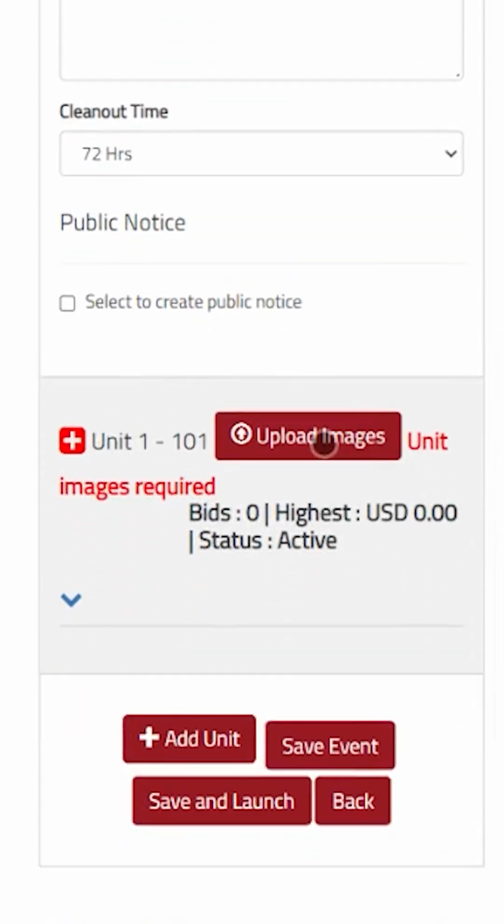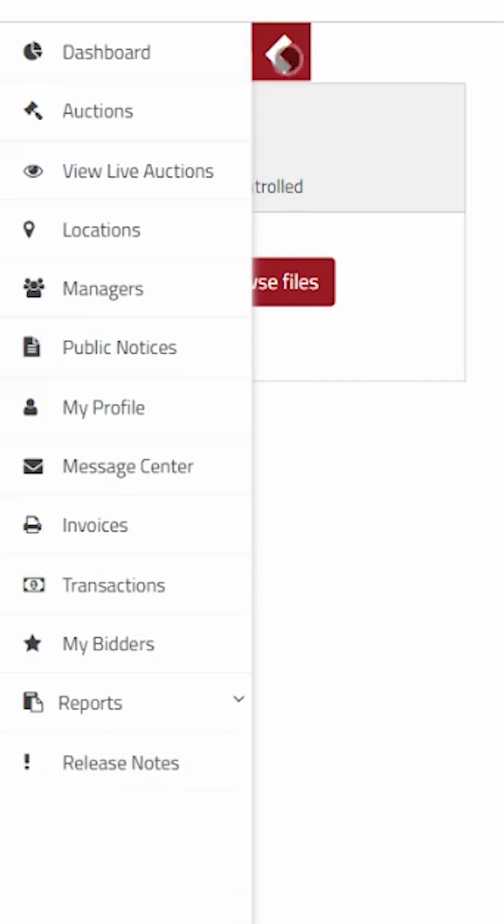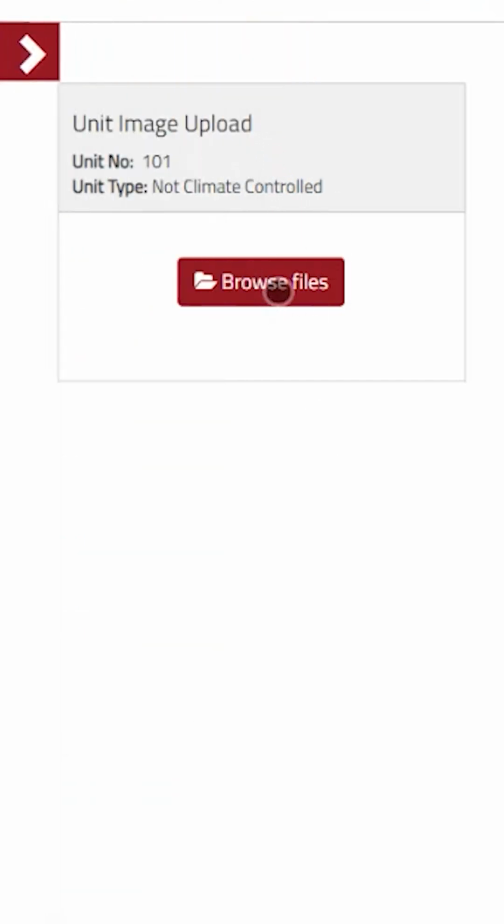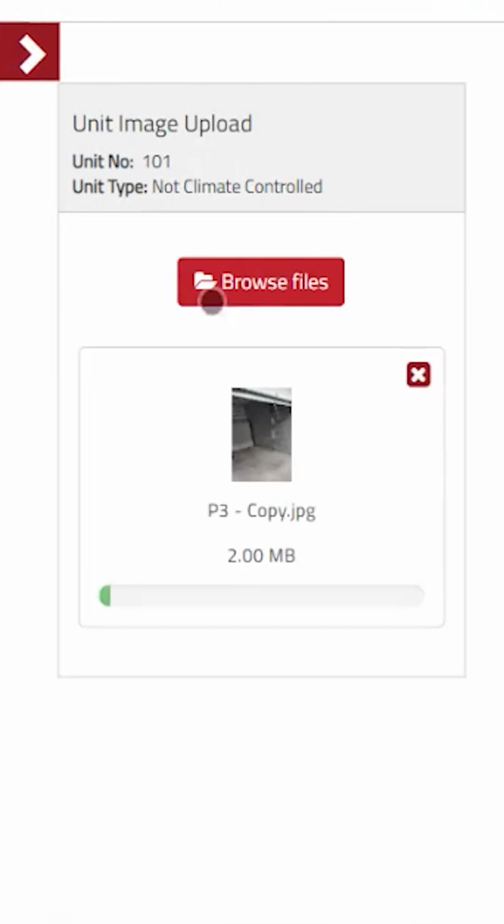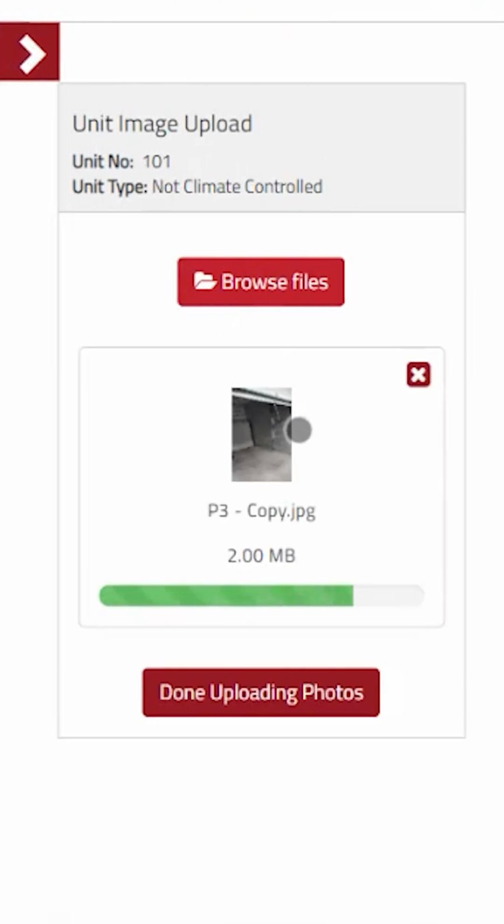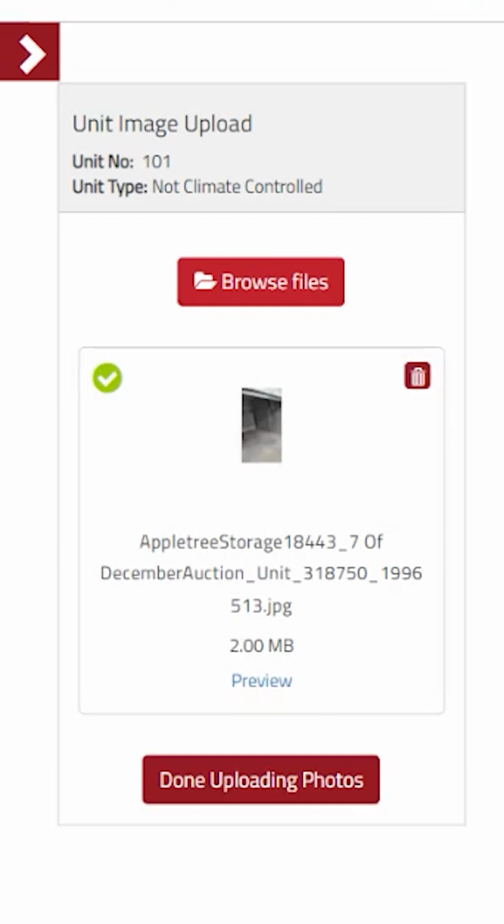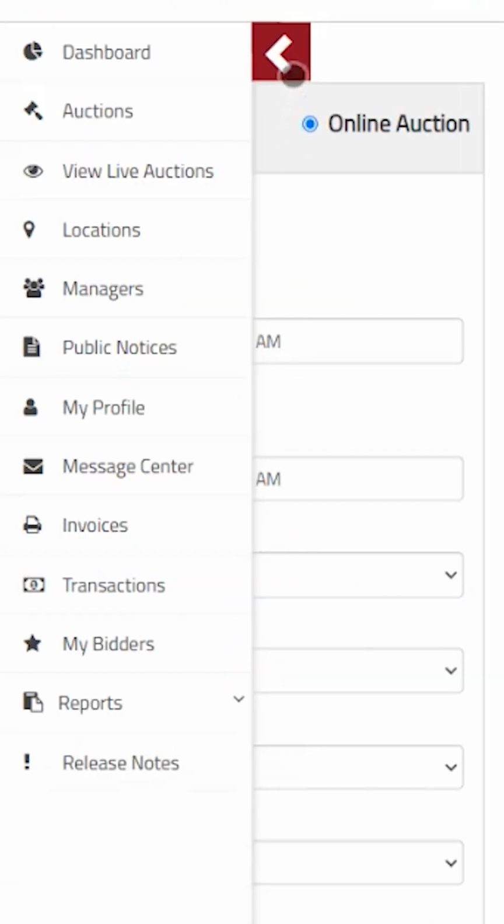I'm just going to go ahead and click Upload Images and it's going to take me here. So I'm just going to add a photo for an example. Keep in mind, we do recommend adding 7 to 10 photos if you can. You can get one wide photo of everything in the unit and then some zoomed in photos or different angles of the unit. Once you've uploaded all the photos, you can click Done Uploading Photos and it'll bring you back